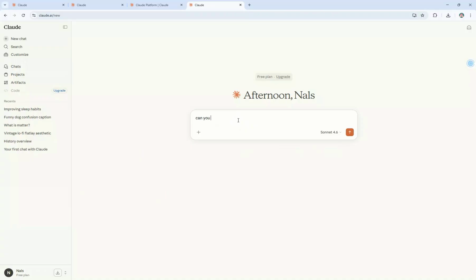This is where you begin your research journey. Enter the keywords or topics you're interested in exploring. Claude Research will provide you with a list of relevant articles, papers, and resources. Take your time to browse through the results and click on any title that catches your interest to read more